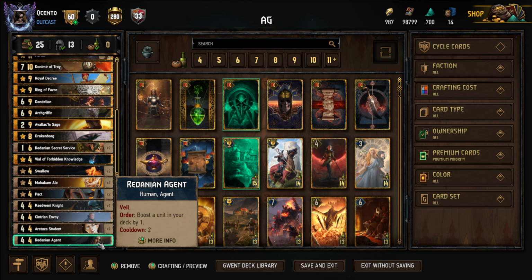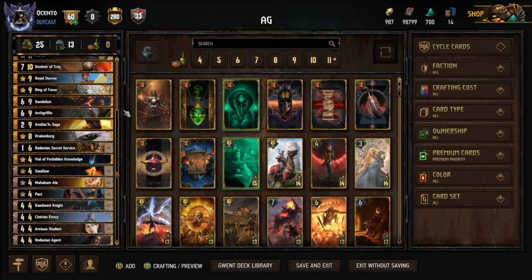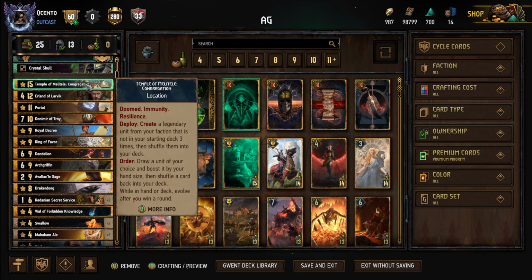And what's nice about this here is that if I roll a Bloody Baron off of the Temple, we can inspire it. If I roll a...